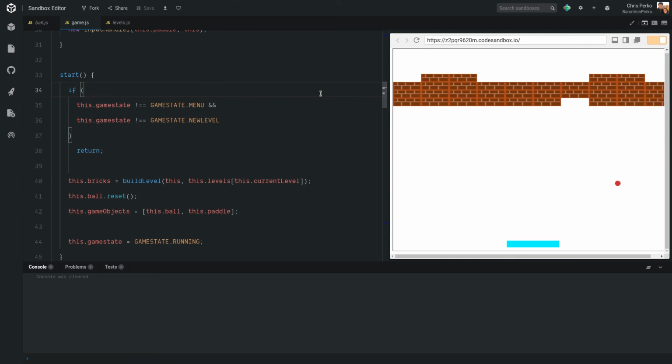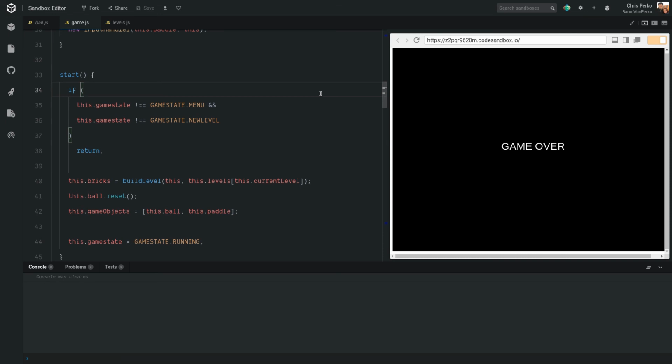And that's all it takes to load in a second level after completing the first. I hope you've enjoyed this game dev series, and I hope it's taught you a lot on how to build a game. I know this is the very basics. There's some bugs, there's a lot of things that we can do with this game, but I wanted to keep it simple so that we could go over the basic